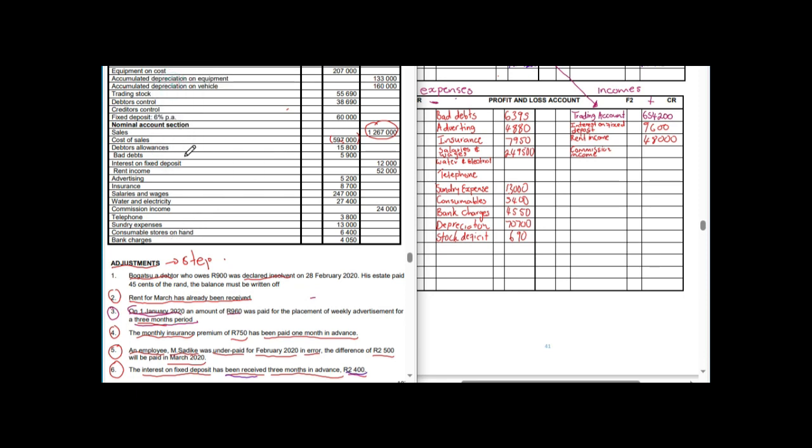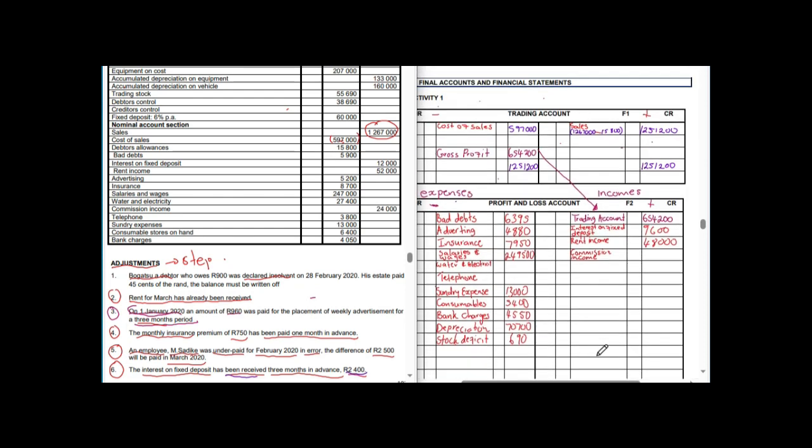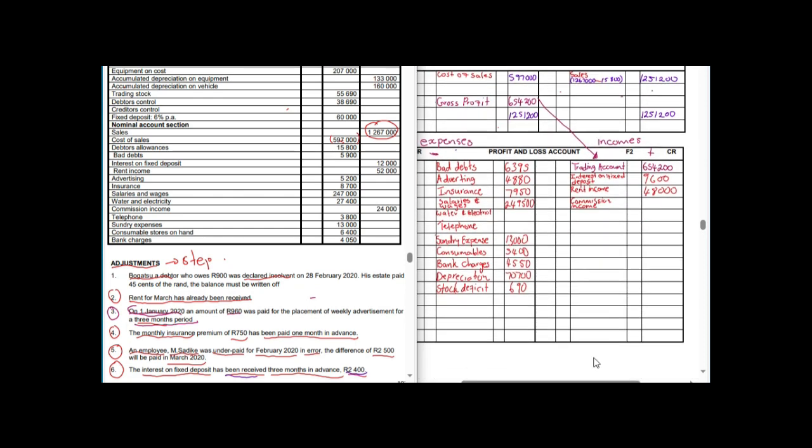We spoke about sales from our trading account, cost of sales, debtors allowance, and then bad debts, interest on fixed deposit, as well as rent income, advertisement, insurance, wages, and then water and electricity. We did not speak about it, and there was no transaction about it, meaning we are just going to write it as it is,